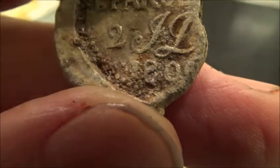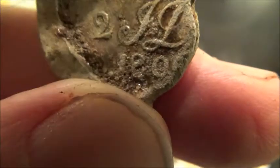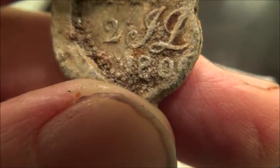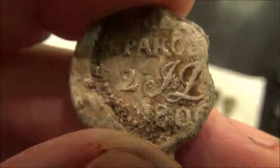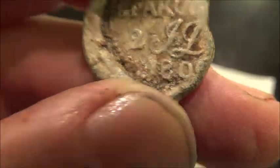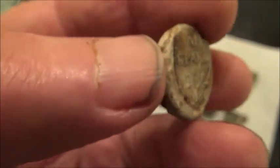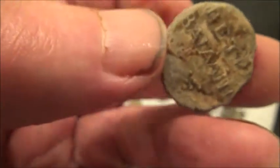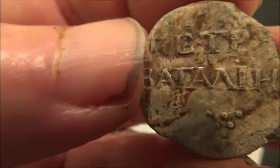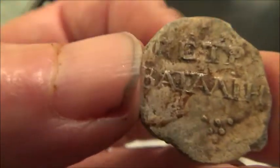18... what? I'll have to check on the entire database for similar ones to this. It's either 1800, 1806 or 1809, but around that region. On the other side we have, usually on the top it says inspector, but it's not there. This just says